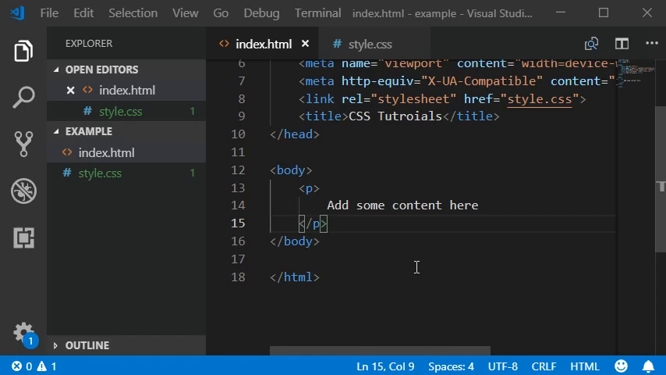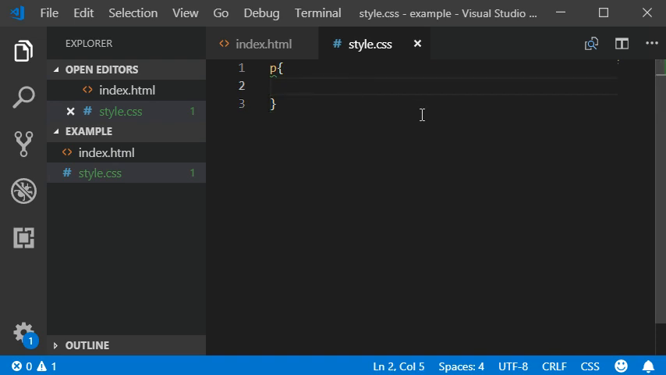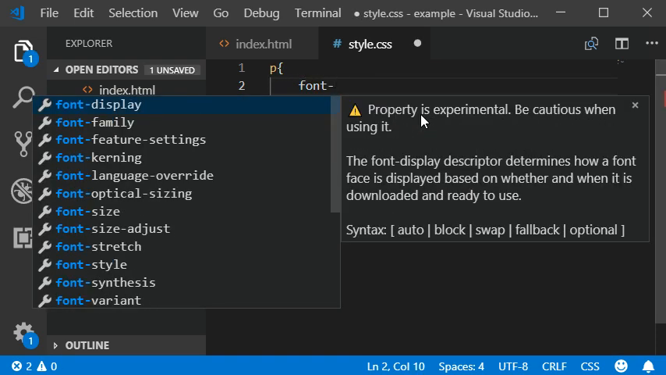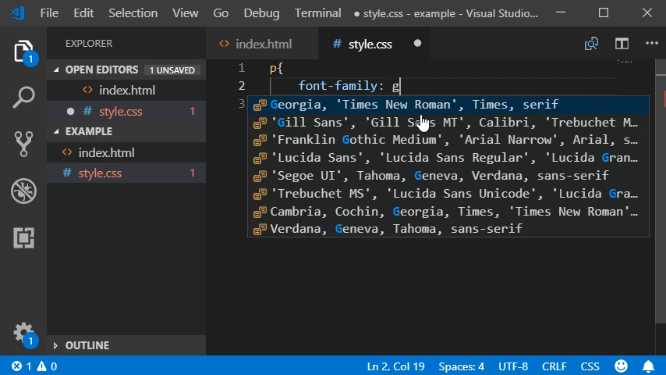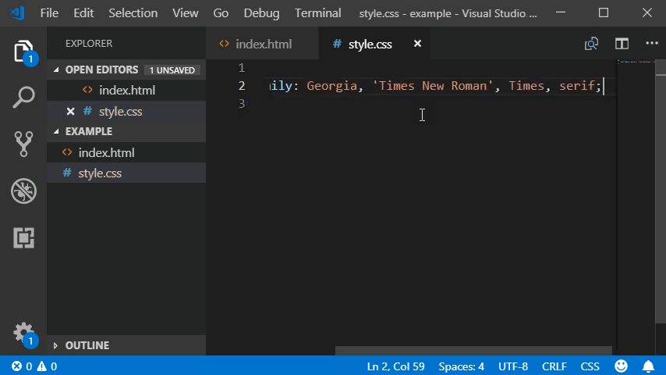Hope you guys are doing well, and today I'm going to show you how you can add a font or style a font, or multiple ways of using font styling in your external CSS. So here we have the paragraph, and I am going to add some font here, like font family should be Georgia, and